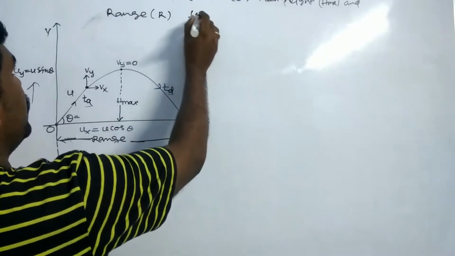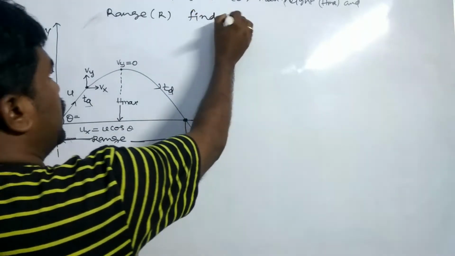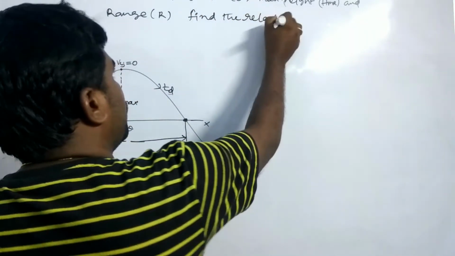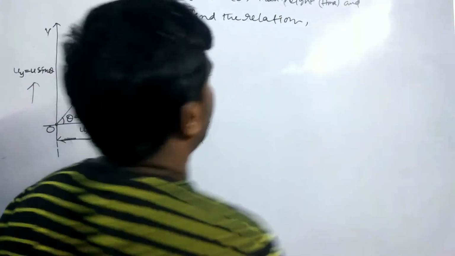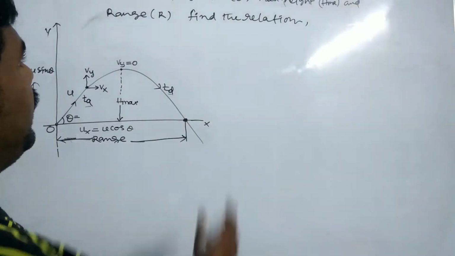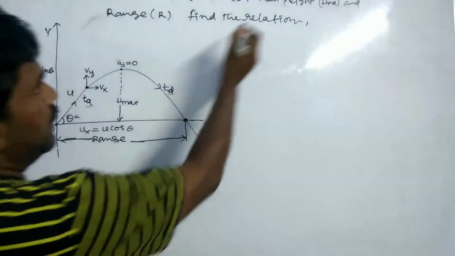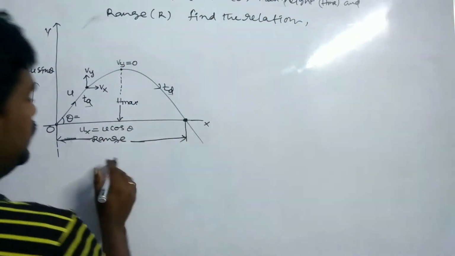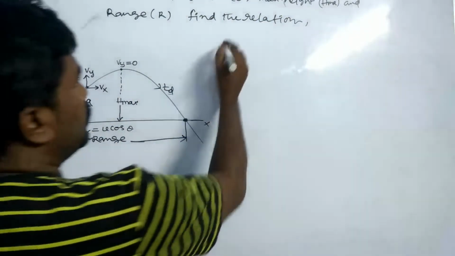Find the relation between these. Find the relation. So with the angle of projection theta, the maximum height h maximum and the range r. Okay, so here